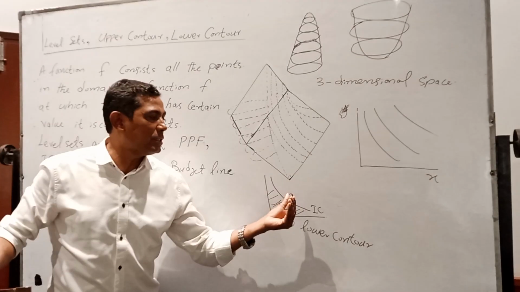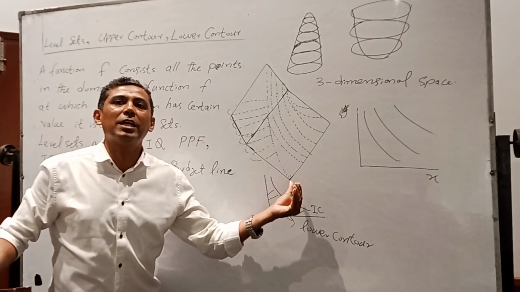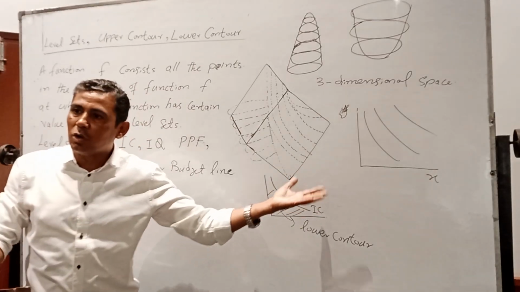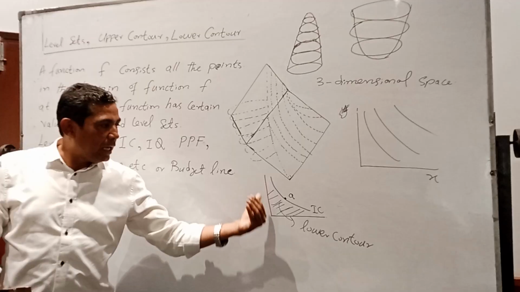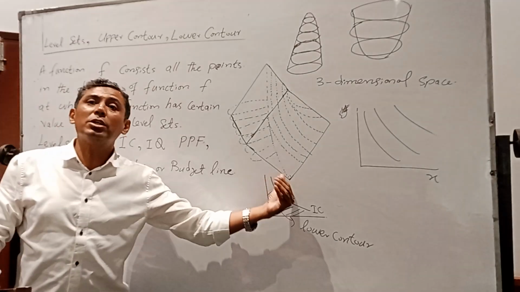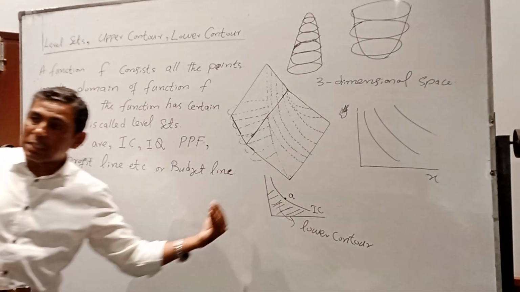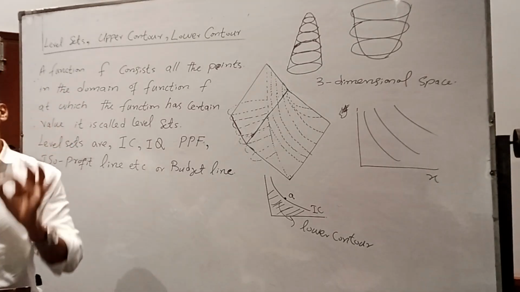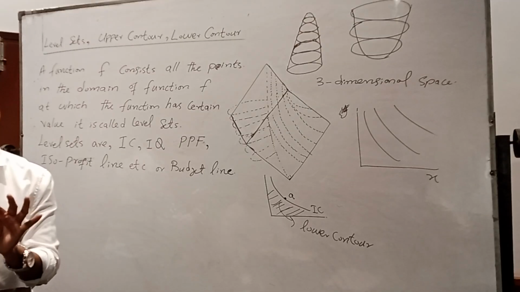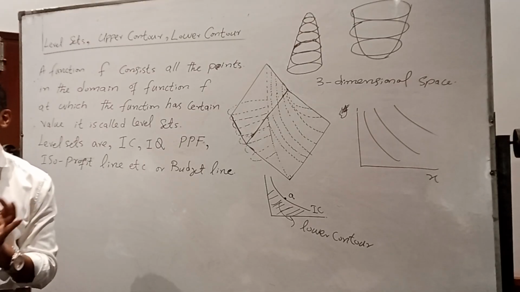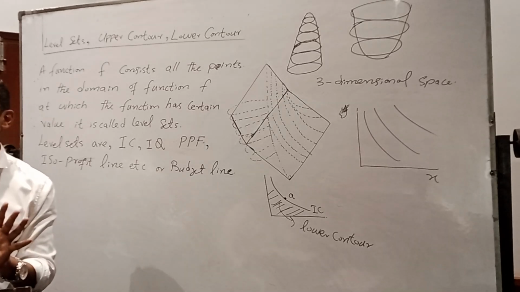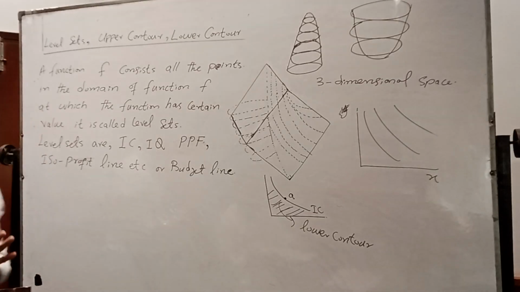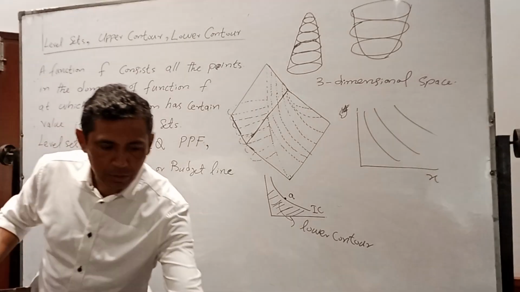Upper contour means the functional value of f is at least greater than a. Clear? That is called upper contour. The functional value of f at most equal to a, that is called lower contour. Clear? But first of all, you have to decide the benchmark. That benchmark is called the level curve, to decide the upper contour or lower contour. Clear, okay? So now the definition is